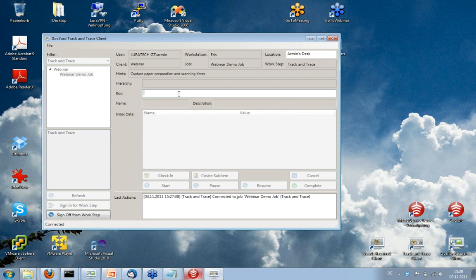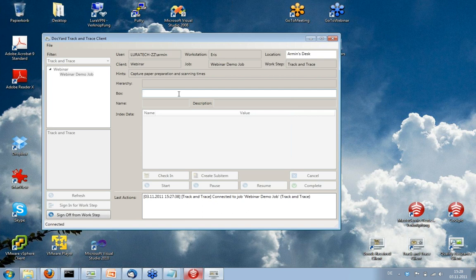You can do everything in one pass in the goods received client. If you have small jobs consisting only of a handful of folders, you can create the whole item hierarchy directly in the goods received client. On the other hand, if you have big jobs with huge amounts of material and you have 2 or 3 or maybe 4 pre-processing steps where you say, okay, first we store the boxes, then somebody partitions that and opens the boxes and takes out the folder, and then finally somebody does the paper preparation and actually identifies the documents within each folder. Then you can easily model that as different steps and create the next sub-level of item hierarchy